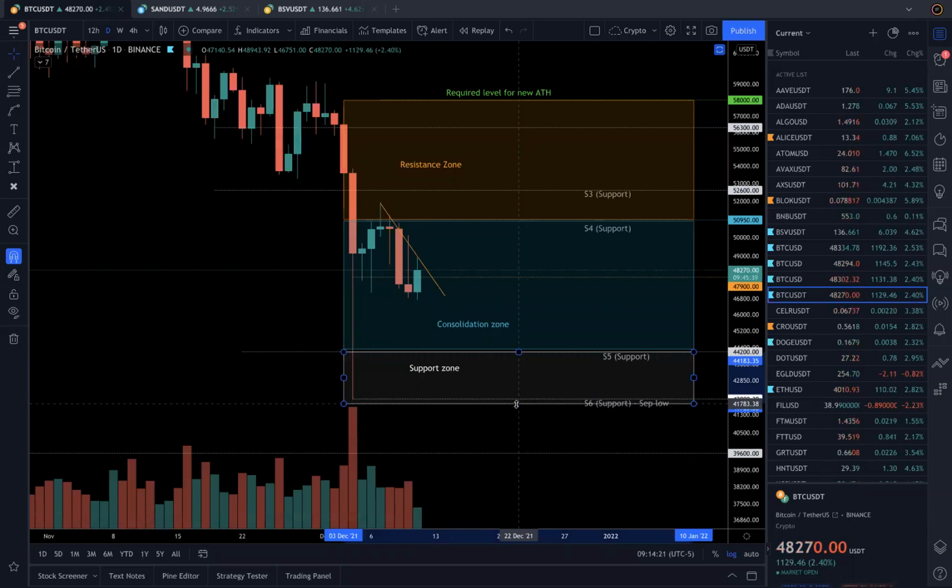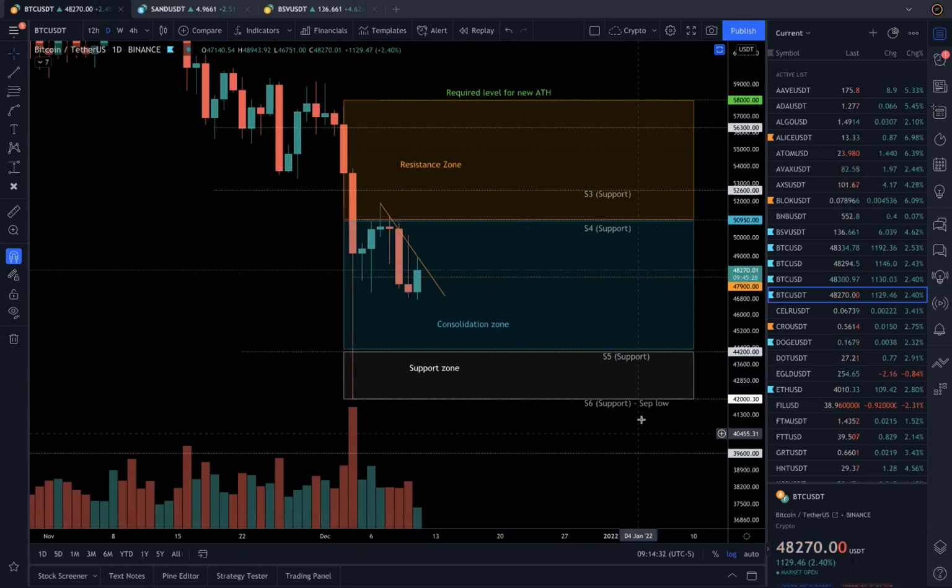If I do, it might go a little below that as well, so I'm just keeping it here. But practically speaking, it could penetrate this low sometimes. We'll see in the example. It happened in the May to July consolidation. It breached the low, and you can see it's very easy to spot, right?